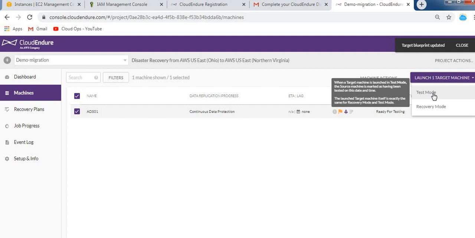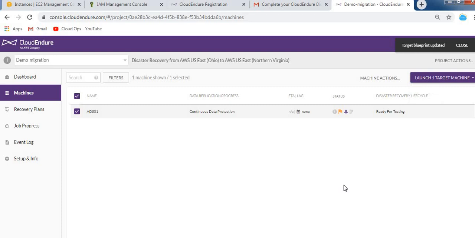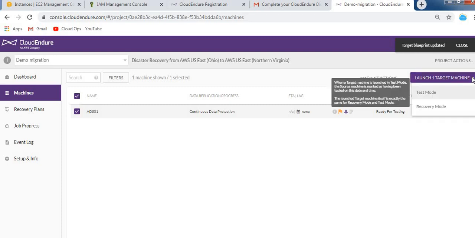Let me tell you the real-time scenario. I'm using this tool for almost 2 years now, and whenever we have a production migration, at least 1 week before, we keep the machine in test mode, for data replication testing and everything. Ideally, I will also suggest you keep the machine in test mode for at least 1 week for testing the replication for each and every change on the servers.